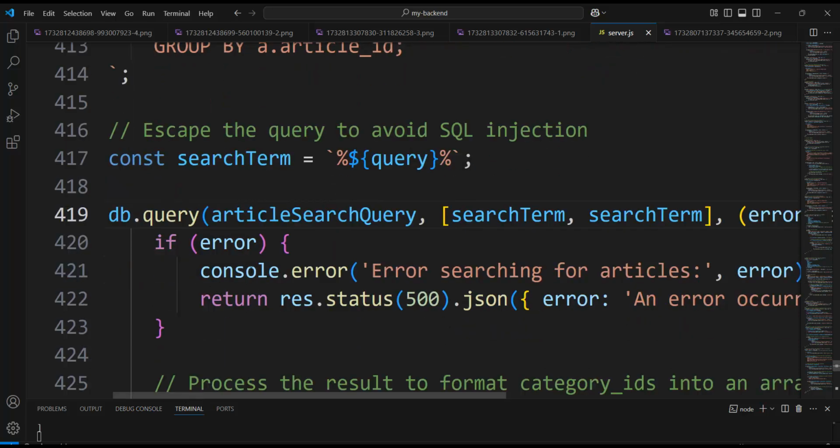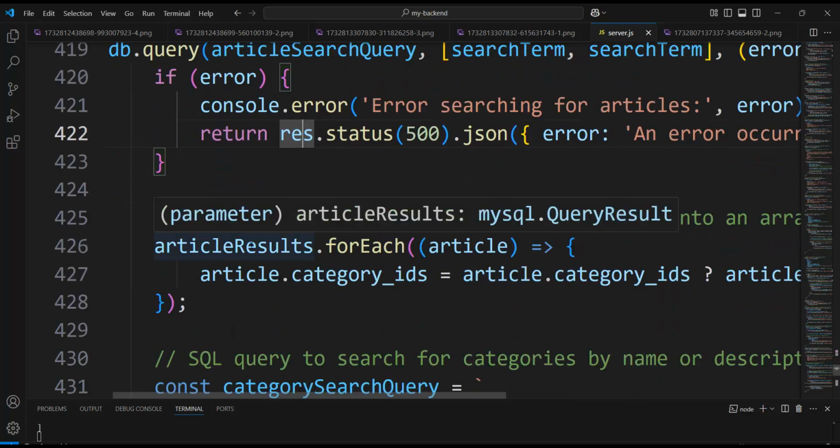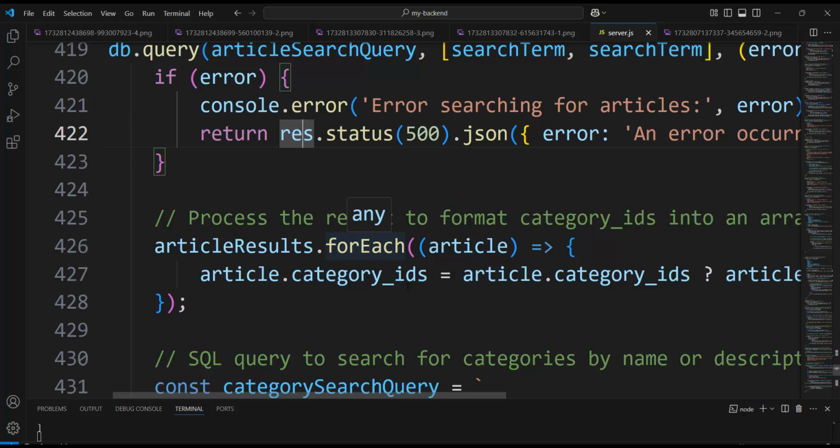At first, if there is an error, we have the error. We return the response, this response status 500 and the error message. Return. But if all is okay, article results would be a loop, forEach, and in the parameter of the arrow function, article by article. In curly brackets, we have